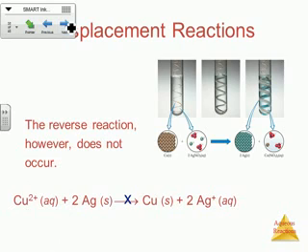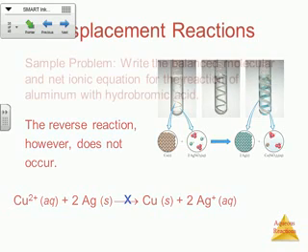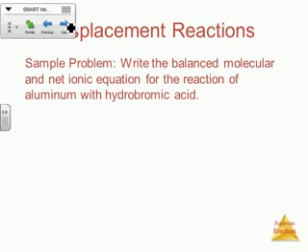Alright, the reverse reaction will not occur. The copper will not take electrons away from the silver. That just doesn't happen. And the reason for that has to do with the activity series, which we'll get to in a minute. But let's just practice here writing the balanced molecular and net ionic equation for the reaction of aluminum with